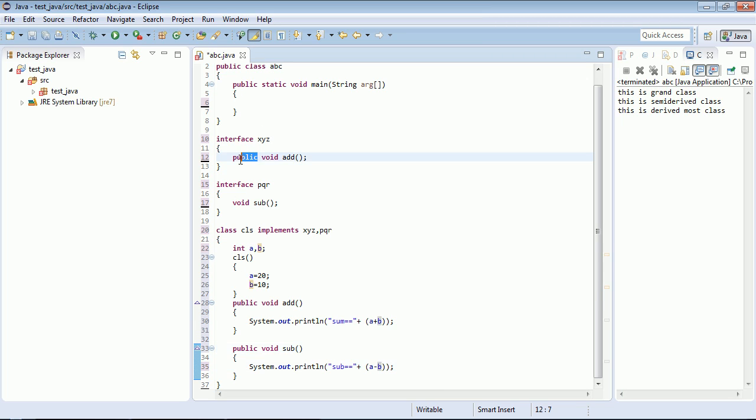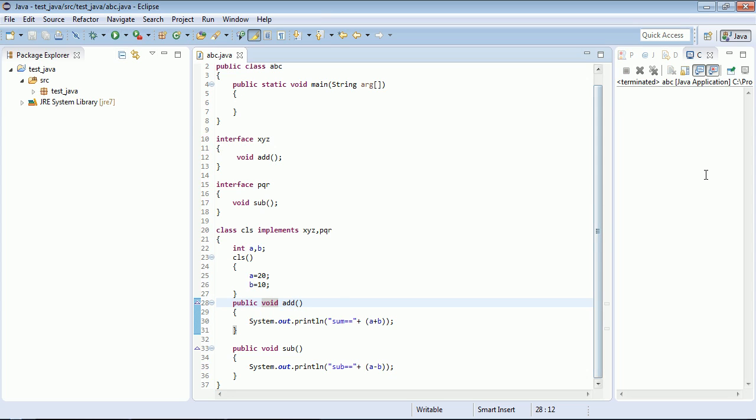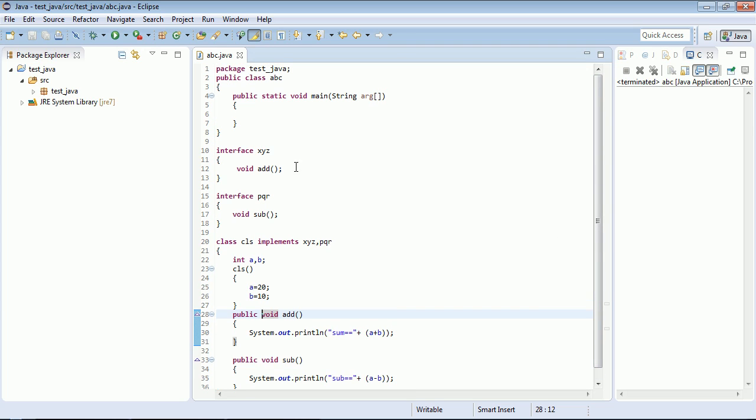You can omit the public from here also, it's fine, but here you have to write the public, because whenever we override any method, we have to use the public access specifier for that method. Okay, now as we run this program, sorry, you have not invoked any of the methods in the main